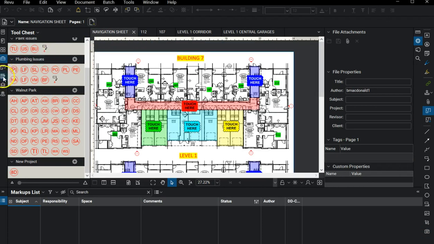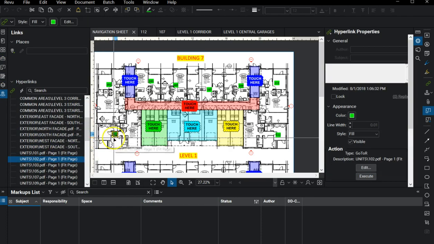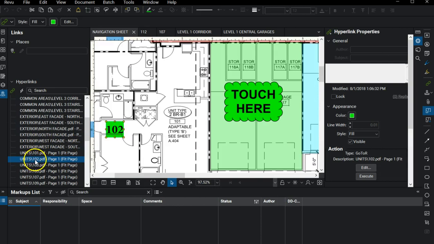on the navigation sheet, I can show you the links I created to show you what each one represents. So when you click on here, it's going to take you into that folder, to the unit folder, and actually open Unit 102. So that's how the links work that I've done with this navigation sheet. It's not something that's required, but I feel it's very useful to provide that navigation